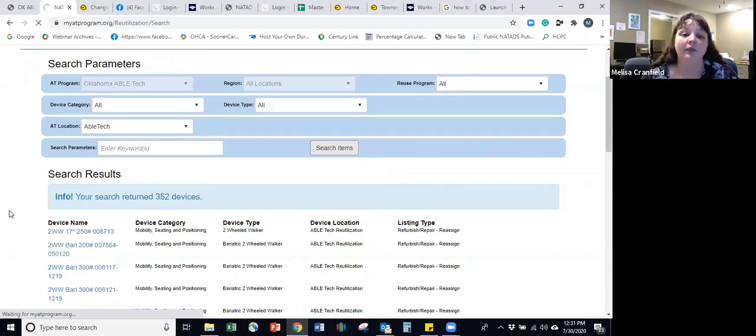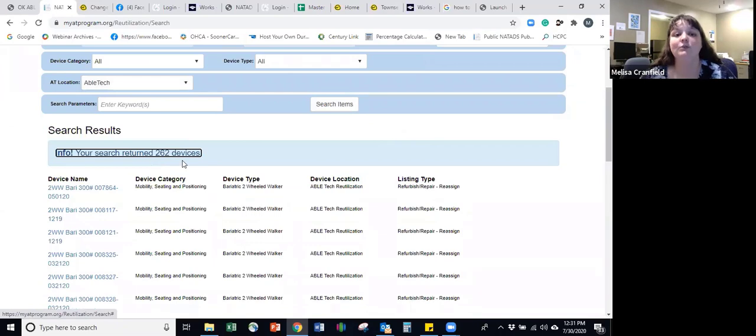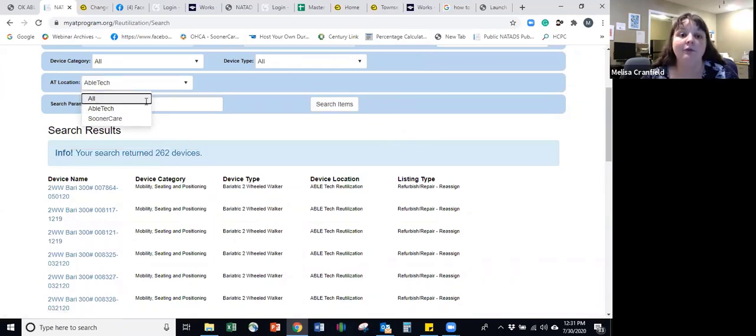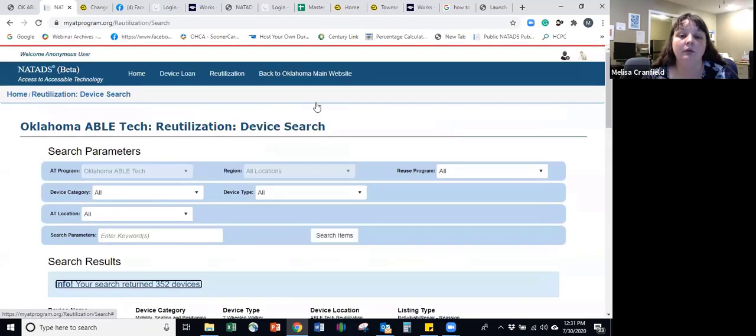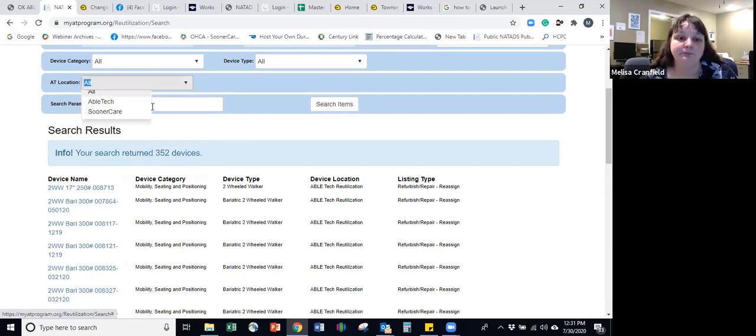So in this search, there are 262 devices that are available for non-Sooner Care members. However, there are 352 items that are available for Sooner Care members. So that's approximately 100 item difference. When you have decided that you would like an item,